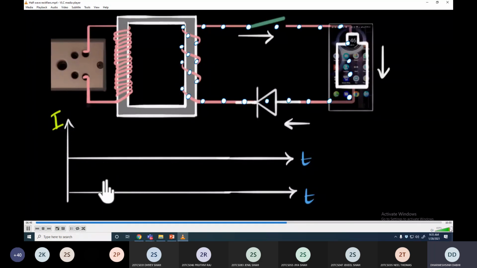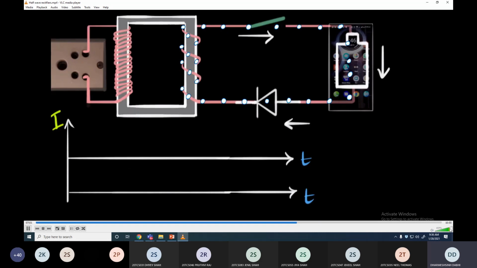And you might see there are two graphs over here. And the current, by the way, is the current through the battery. In the first graph, it will be without the diode, without rectifiers. The battery will get spoiled, but anyways, the graph. The second graph will be with the diode. All right. So let's see again.